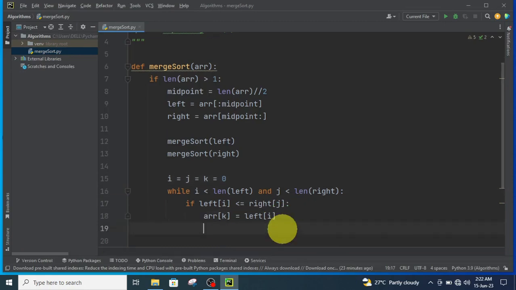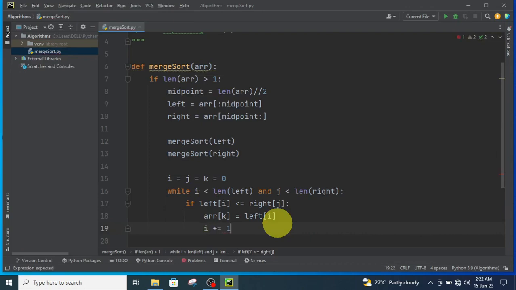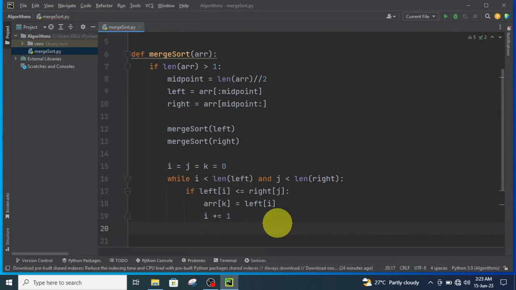So the next thing is, we therefore have to increase the iterator at the left hand side and the iterator at the right hand side, so that the elements continue to go gradually to the next value. So I will say i plus 1, and I will do the same thing for